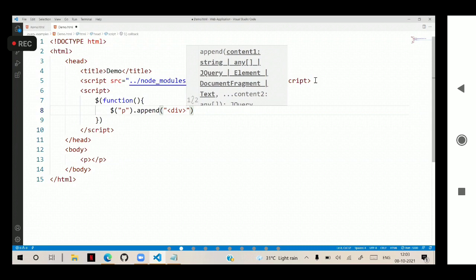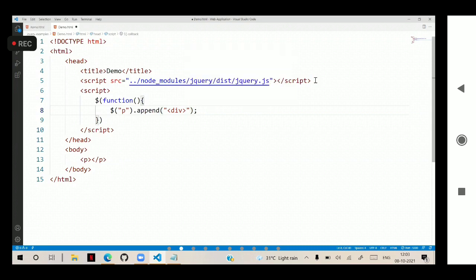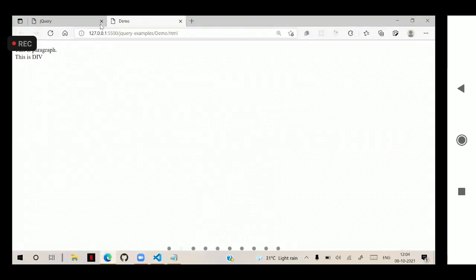Directly write that element div. So what content do you want to append? Suppose I am appending this is div, and here we have this is paragraph. In the paragraph some information is already present, and we are additionally adding this is div into this. Now when you run this, you can see this is paragraph and this is div,